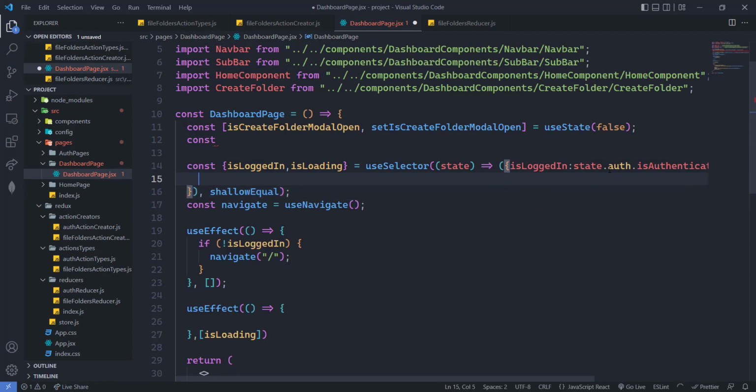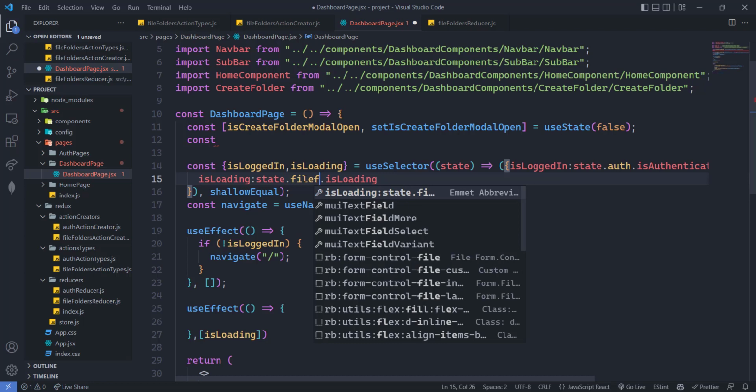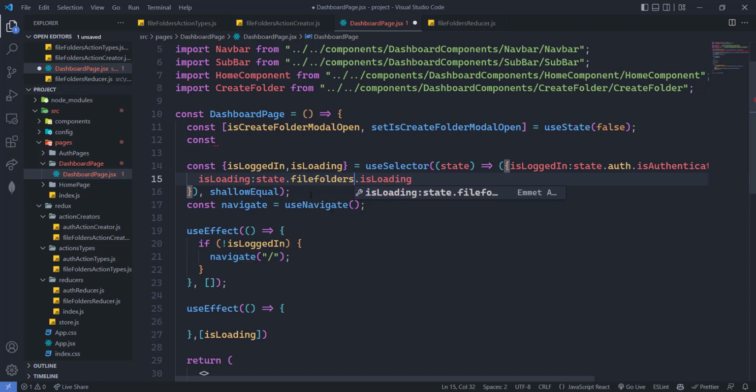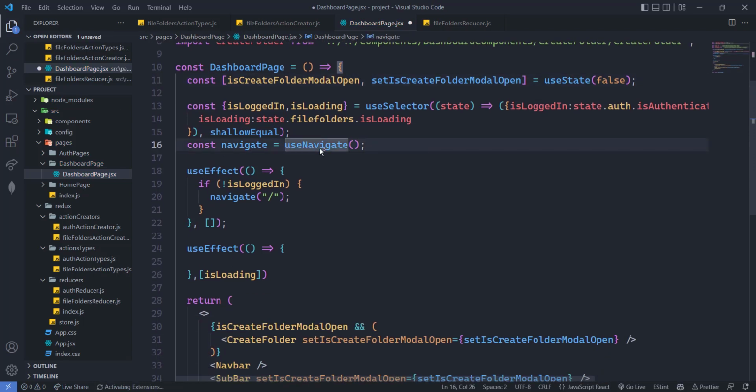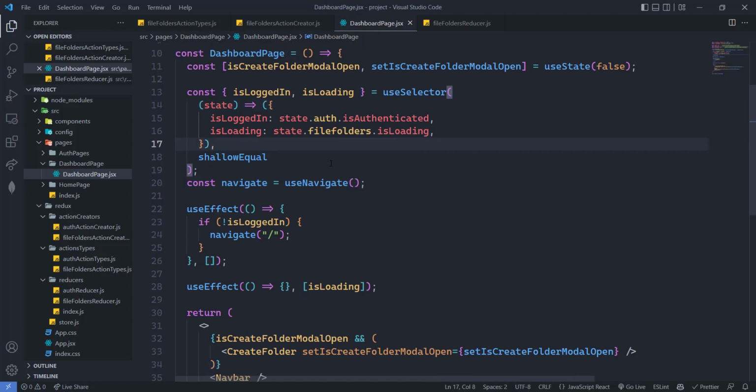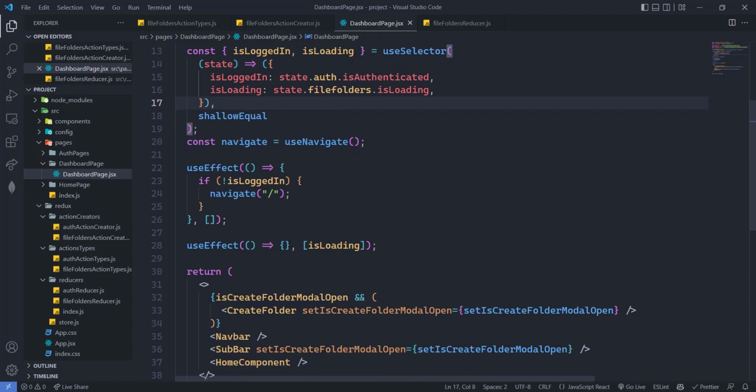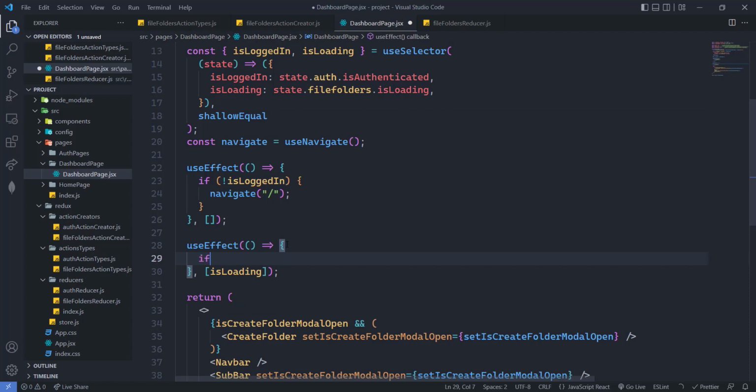So now here for isLoading we are also going to do state.fileFolders.isLoading, and then we have this const here. So here what we are going to do, let me remove everything. Just save this for now. Now here we will check if not loading,